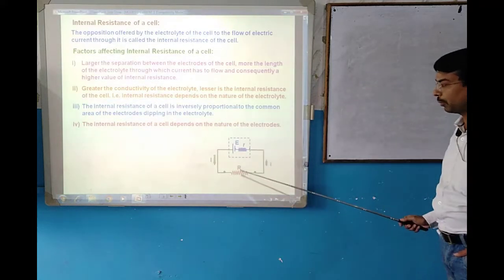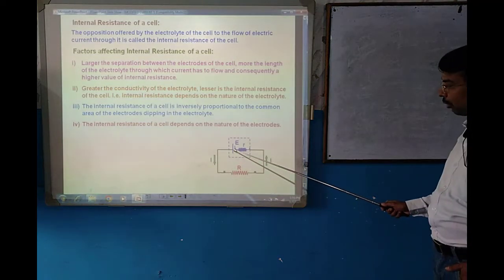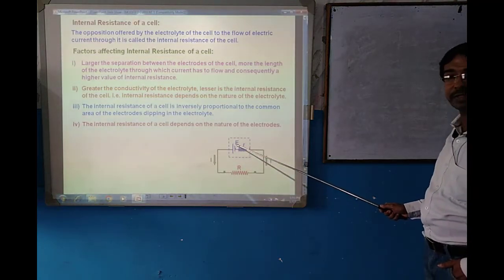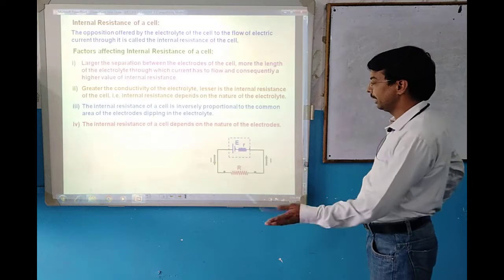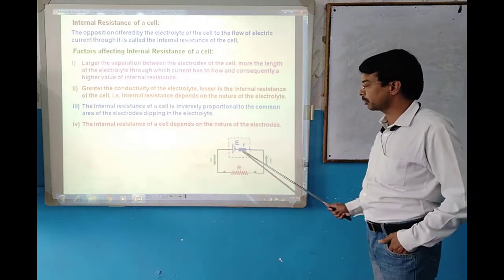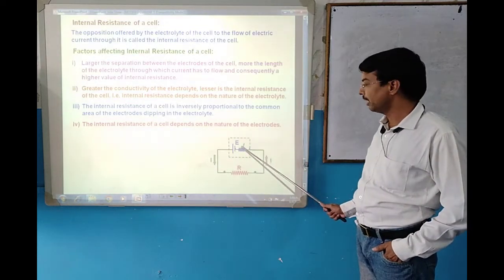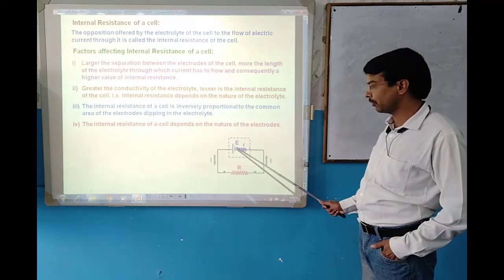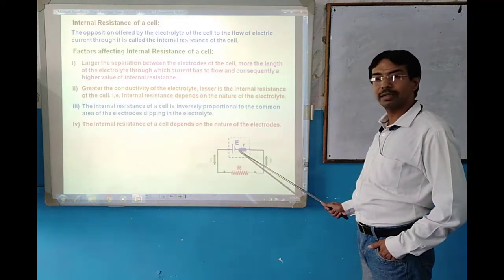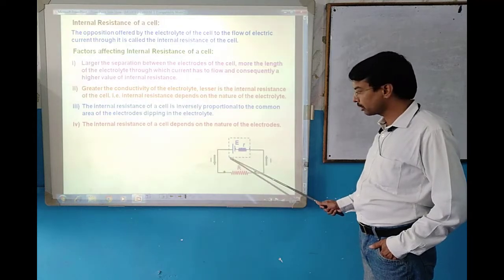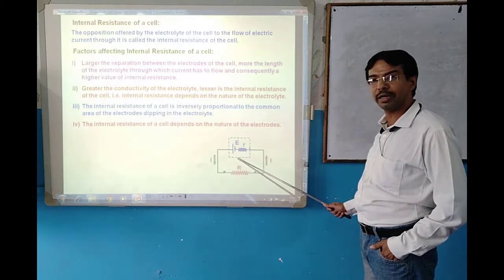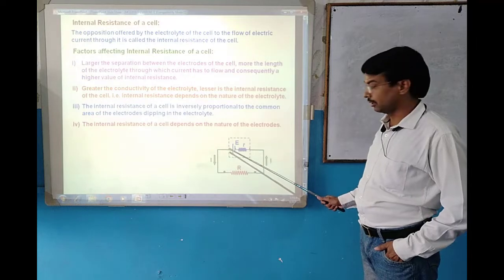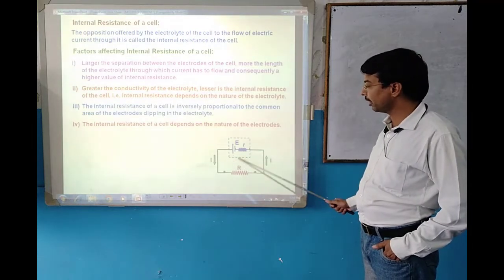Here I am using a particular circuit diagram in which a cell is given, whose EMF is E, and whose internal resistance must be indicated near the cell with a small r. You use the same resistance sign, but you can draw it just near the cell or battery. It must show the internal resistance of that particular cell.